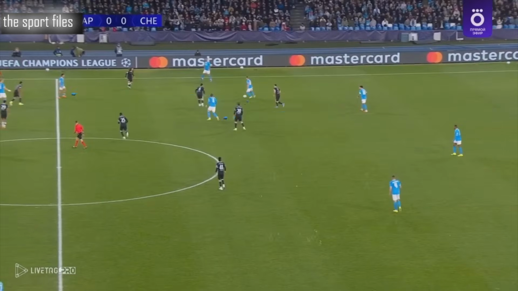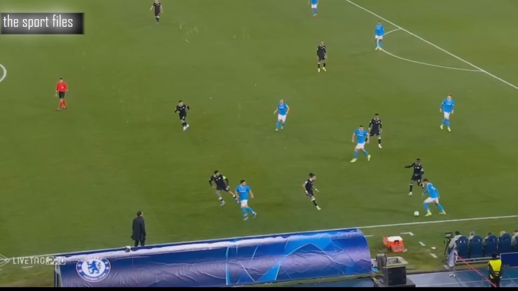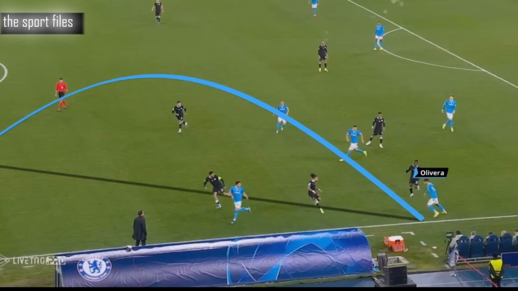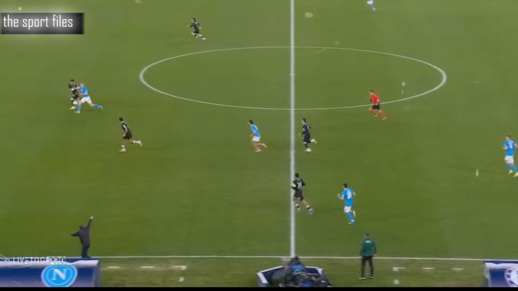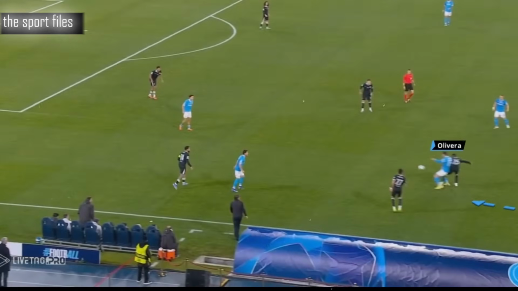The aim was to create passing combinations and timed runs, as seen in this example. In addition to exploiting the space behind Chelsea's high defensive line, long balls were also chosen so that Napoli could immediately apply pressure when Chelsea regained possession. As expected, Napoli's tactical approach eventually paid off as they managed to score an equalizer through an individual effort from